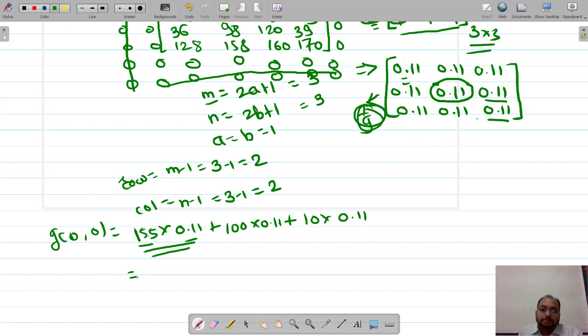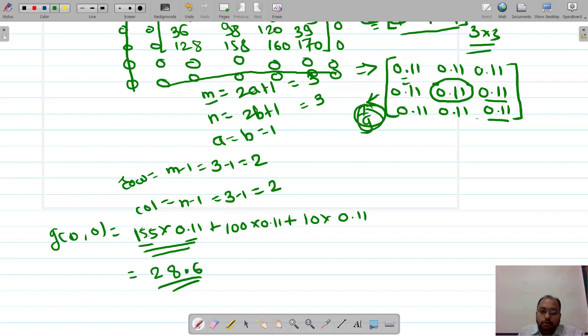So now let us calculate the value of this 155 into 0.11 and all these things. 155 into 0.11 plus 100 into 0.11 plus 10 into 0.11, and this will be my new value. So I am getting 28.6.